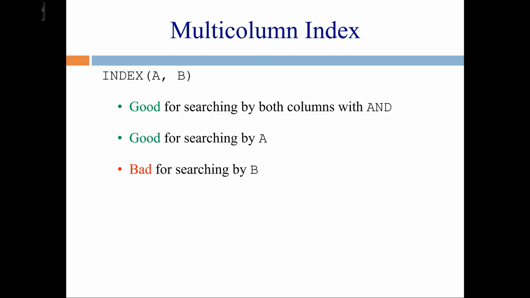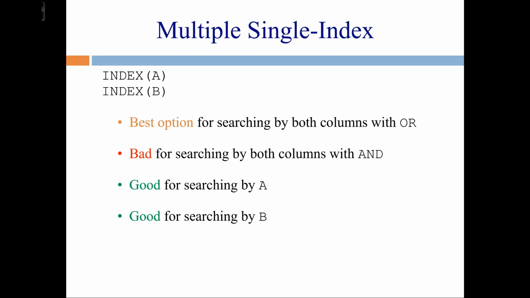So a multi-column index on A and B is good for searching by both columns with AND. It's good for searching by just A. It is bad for searching by B because of the column order. Two separate indexes on A and B is the best option for searching by both columns with an OR condition. Sometimes you'll get lucky and just have to search through A. Sometimes you'll have to also search through B. But both of the searches will be fast if you have an index on both. It is bad for searching by both columns with an AND condition. It is good for searching just by A, obviously, because there's an index on A, and it's good for searching